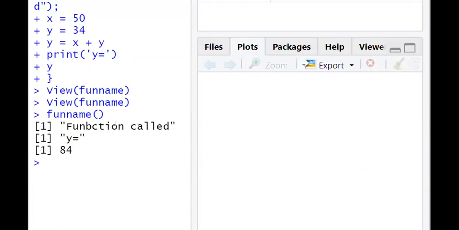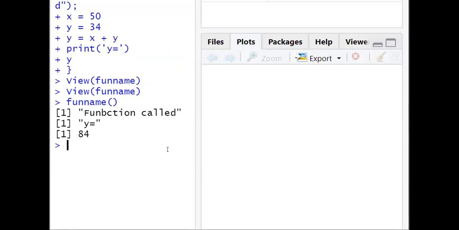It has printed the function called y is equal to 84. Like this, 50 plus 34, 84. So this is how functions can be created and called. Calling a function is similar to all other languages, whereas declaring a function is different because the typical assignment operator has to be used.